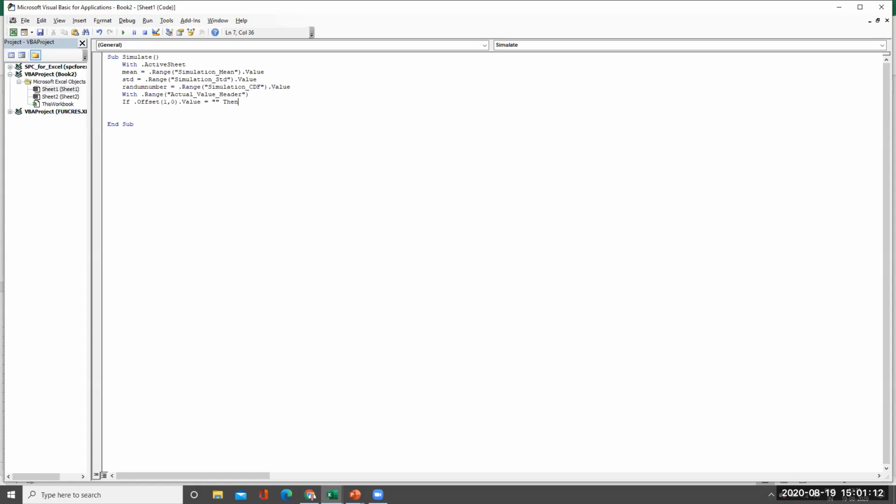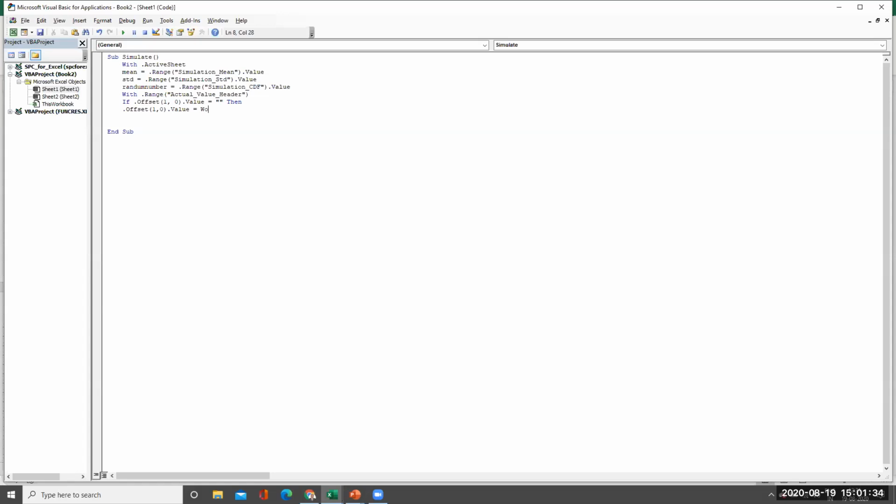what should I do? I should add a value, right? If Offset 1, 0 dot Value is equal to nothing, then that will be changed as dot Offset 1, 0 dot Value is equal to WorksheetFunction. What is the worksheet function? We will see here.